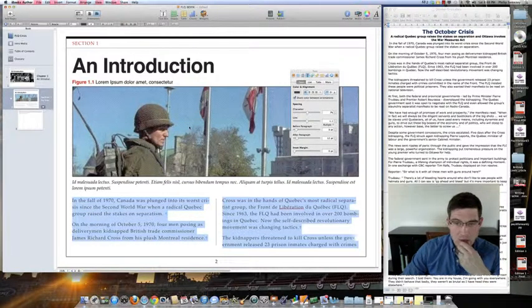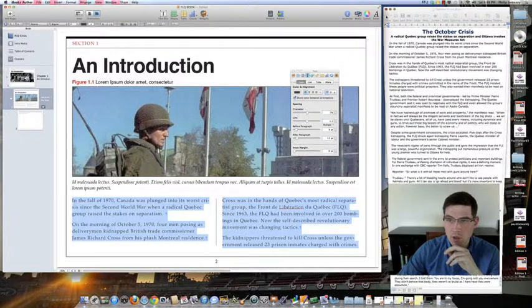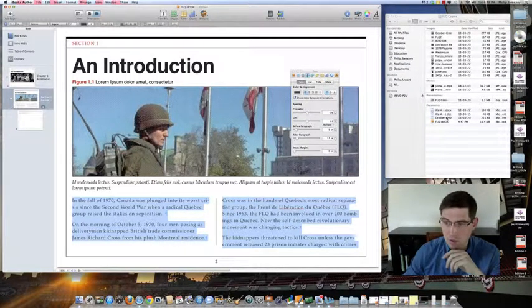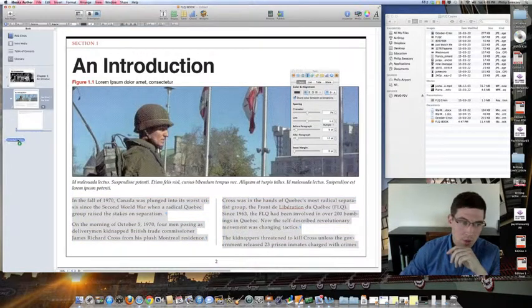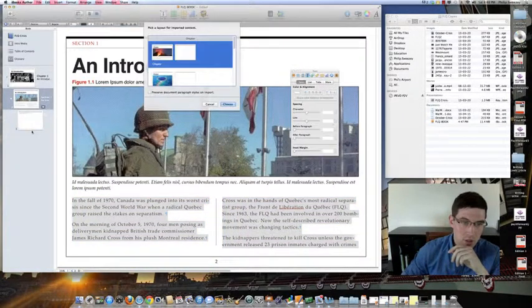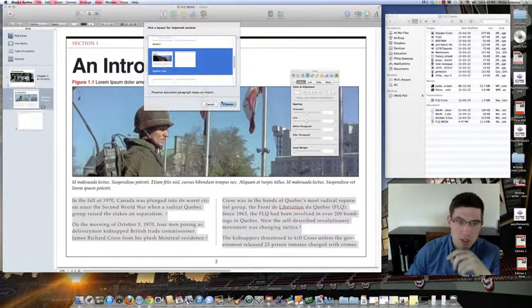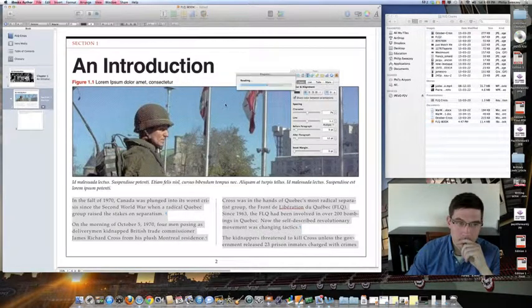Now, if in fact I wanted to add in a bunch of text from a document that I already have, one of the things I can do is just grab that document, bring it over to the project browser, and it's going to ask me before I put it in what template I would like to bring it over in. So using the editorial template that we've chosen, it's going to give you a number of different options. I'm just going to select this one here, hit choose,